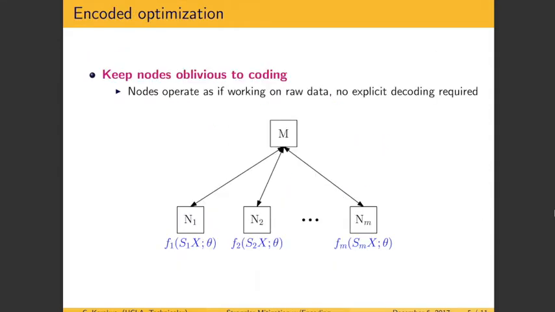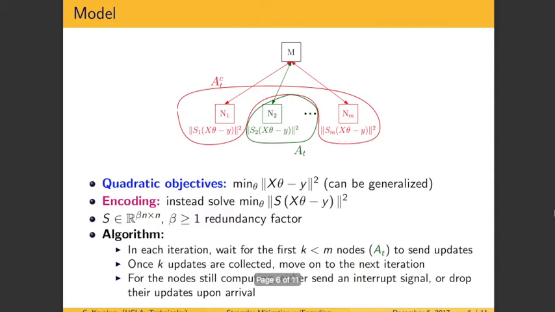Once the encoding is done, the encoded data samples are distributed across the nodes instead of the raw data, and the nodes operate obliviously to the encoding, meaning they compute as they would with the raw data. In this work, we focus on quadratic objectives, though the idea can be generalized. The encoding is done by multiplying the data variables x and y with a tall matrix S and solving the